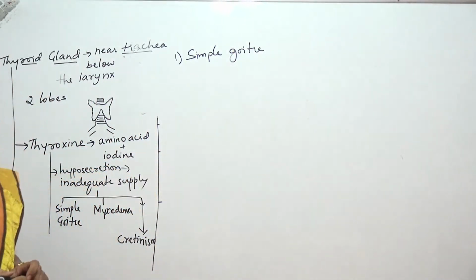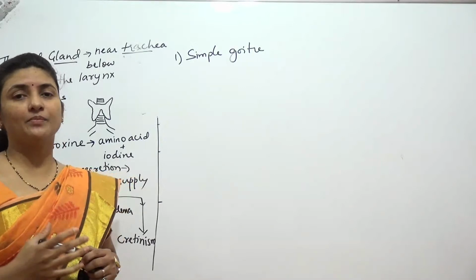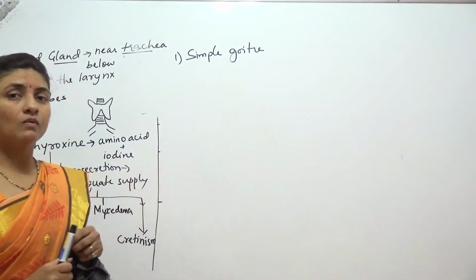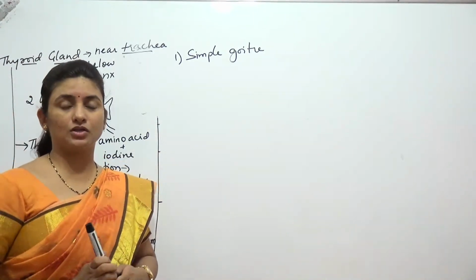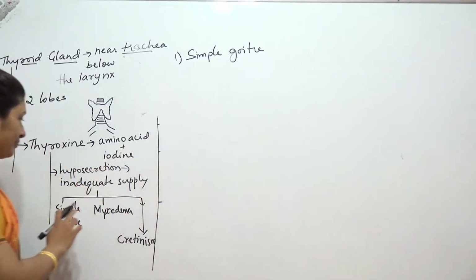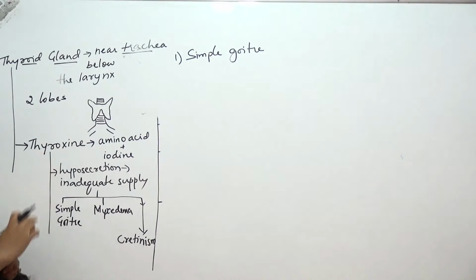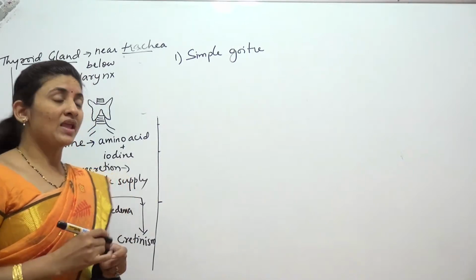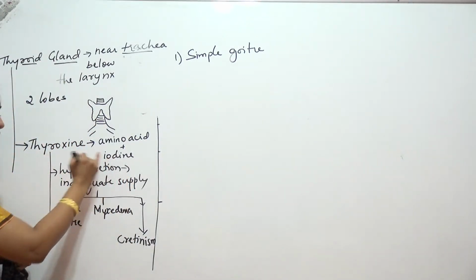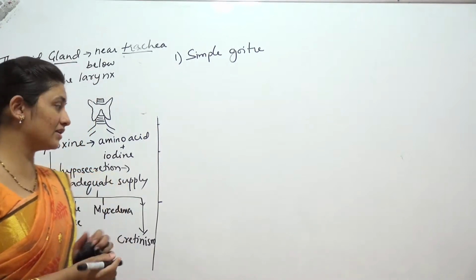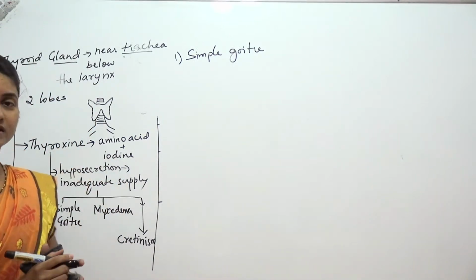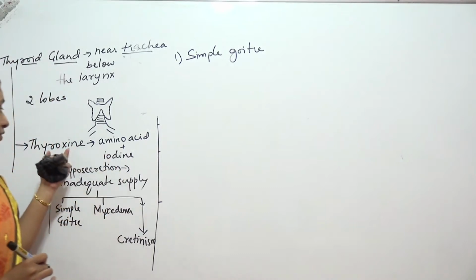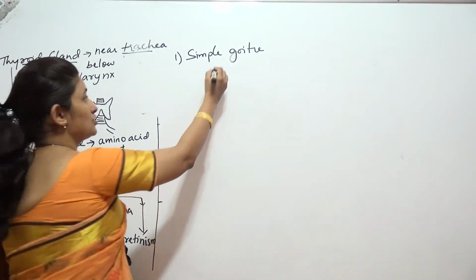Now, what is this condition? You might have seen some people having a bulging neck, right? That bulging of the neck is nothing but the simple goiter. What is the reason for this simple goiter in the person? It is because of the inadequate supply of thyroxine in the body. What happens if there is inadequate supply of thyroxine? See, as thyroxine contains iodine, it requires the iodine part for synthesis. When the iodine content is insufficient to produce thyroxine, then it results in the